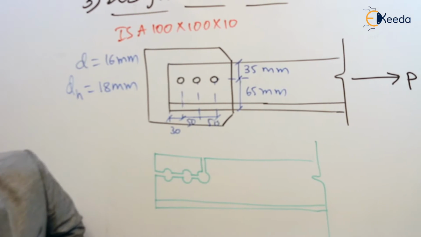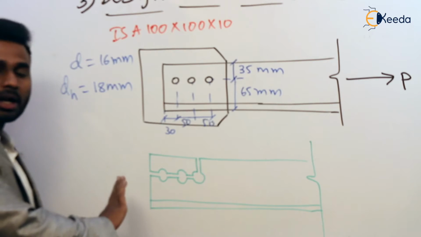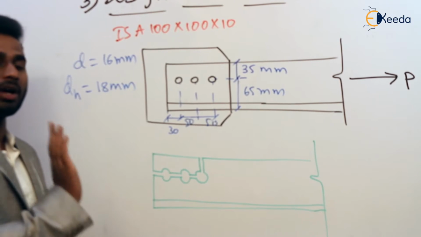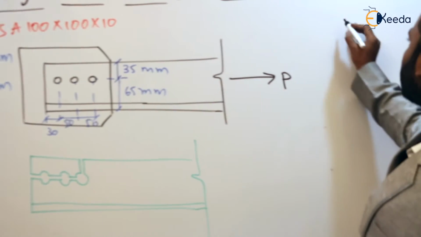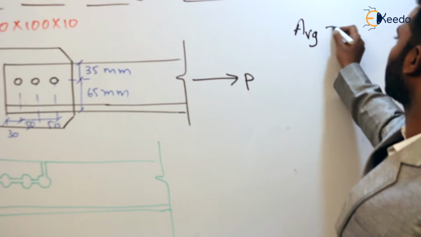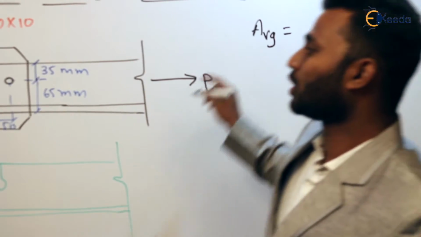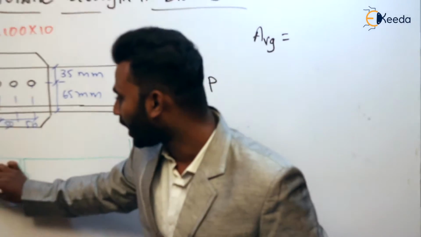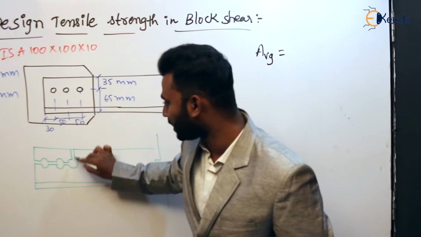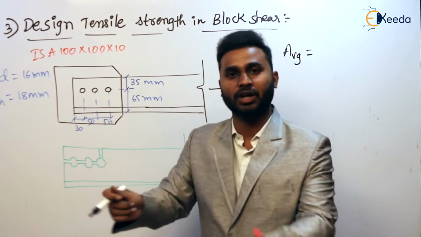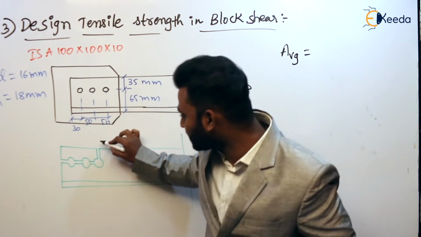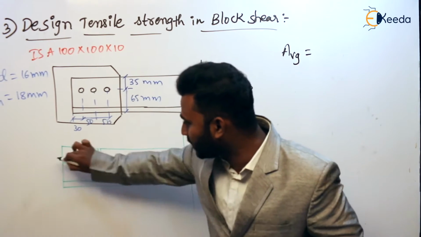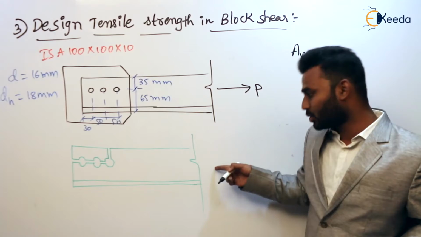Now to calculate the net section in shear and tension, and then the cross section in shear and tension, I'm going to show how. First, AVG, the cross section in shear. Which plane is undergoing shear? Along this plane there is shear, and along this plane there is tension. Whenever there is a tension failure, the failure is perpendicular to the applied force. So this plane is tension, this plane is shear. Shear is always parallel to the force.